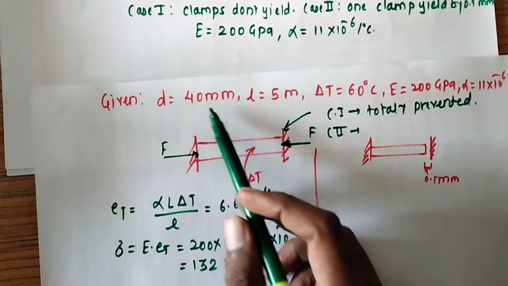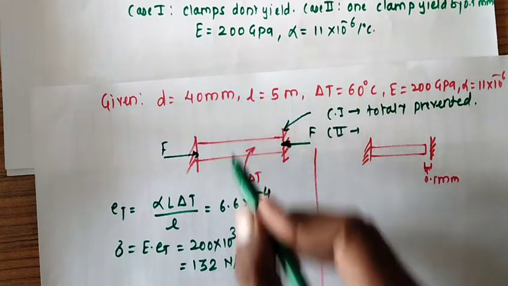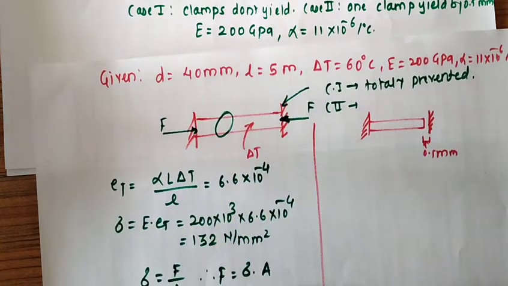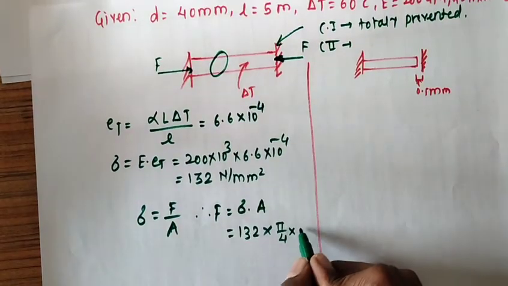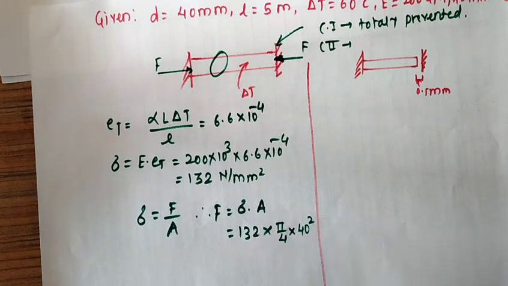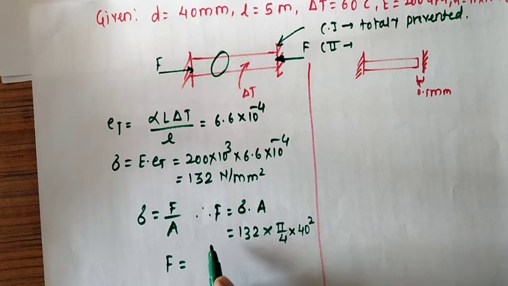This bar is given of 40 mm diameter, so this is a circular cross section. So it is equal to pi by 4 into d square. So it is equal to pi by 4 into 40 square mm. And hence we get F in the first case, it is equal to